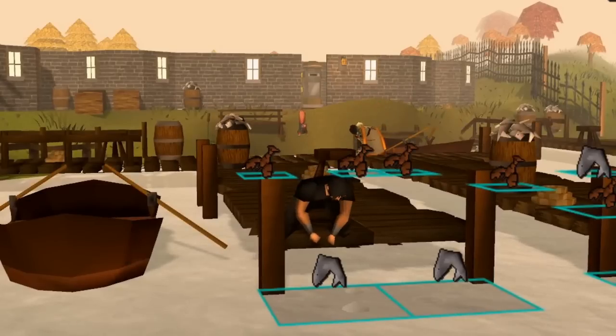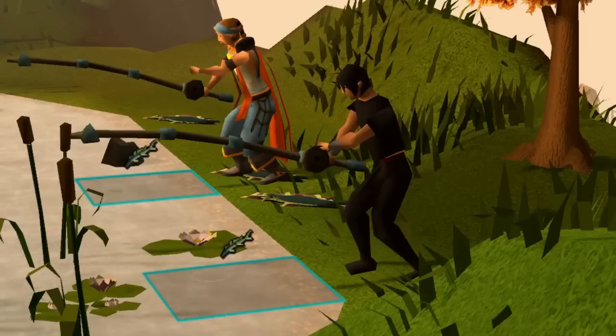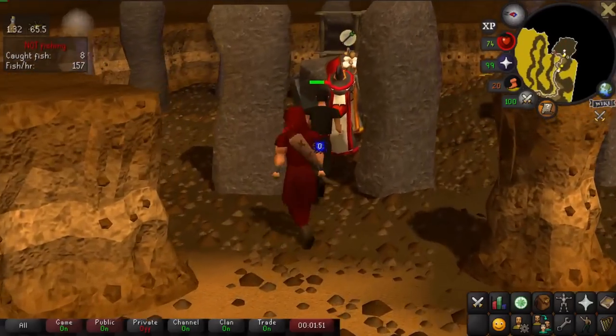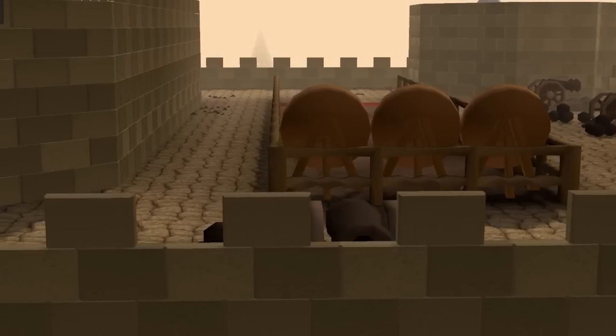The Fishing Guild is located here, Myths Guild gives us the best cooking spot, as well as access to dragons for prey. Barbarian Fishing is also some of the best fishing XP that you can get, and the Runecrafting Altar here allows you to train rune crafting all the way up to 99. It has the Wrath Altar that allows you to make Wrath runes. There's a ton of agility courses as well as hunter areas, but by far the biggest upgrade here is something